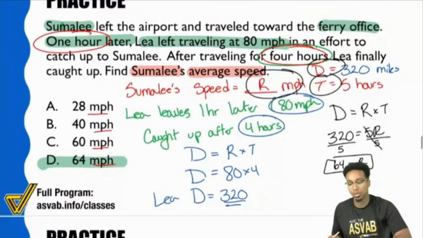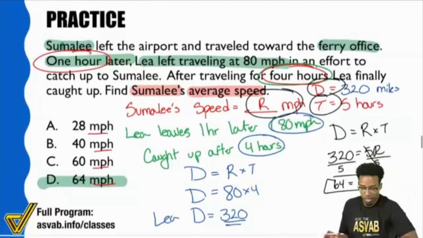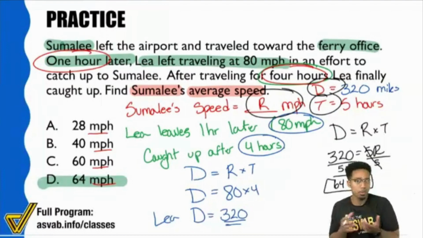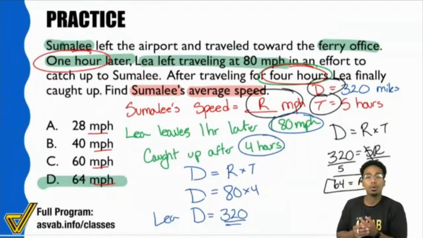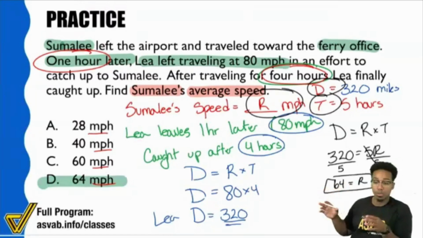And so that was real time. Trust me, maybe I slowed it down a little bit, but that still took about 1.5 to 2 minutes. And that's what you're looking for on the test, about 1.5 minutes, 2 minutes per question. But I'm going to go back and do this whole problem again, so don't worry if you were confused at all.